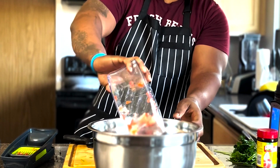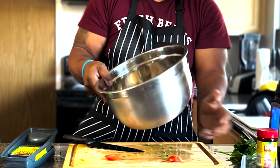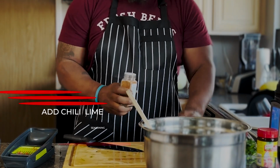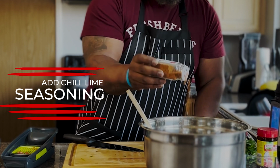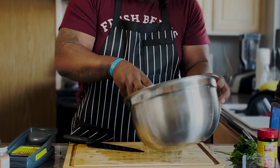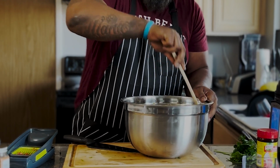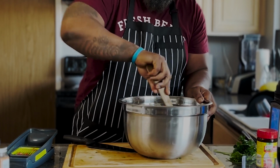Now, usually I would add some lime, I would add some jalapenos, but not today. I didn't have those ingredients. I just used what I had in the refrigerator. Budget meal. So lucky for me, I had some chili lime seasoning I'm adding to the Pico De Gallo. Now, instead of using salt, I really like using this particular seasoning. It just gives it that extra flavor, that pizzazz that this Pico De Gallo needs. Now, once I have everything in the bowl, I'm going to mix everything around, make sure it is nicely infused,